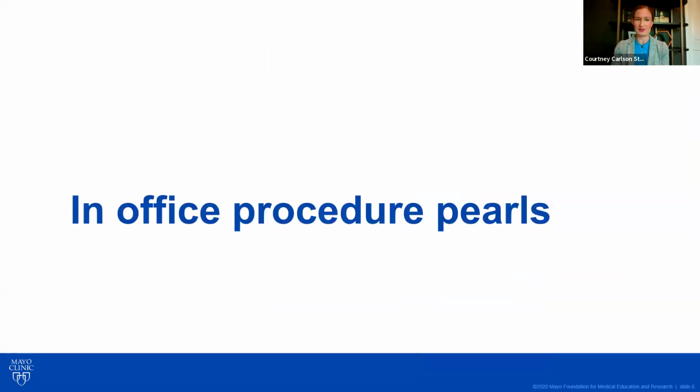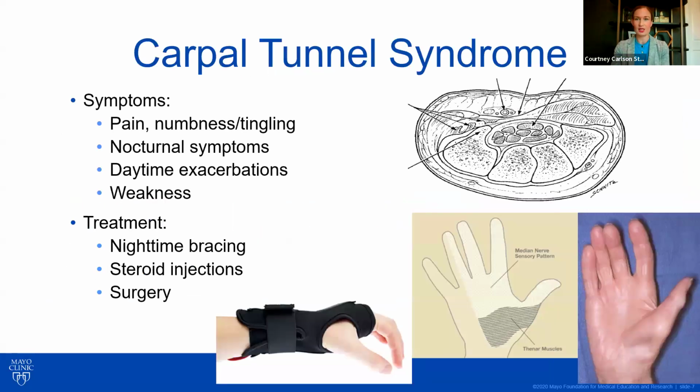So to go through some specific in-office procedural pearls, one of the most common things that we see in hand surgery practice is carpal tunnel syndrome. Just briefly as a reminder, carpal tunnel syndrome is pain, numbness, and tingling in the median nerve distribution that oftentimes will waken people up at night and can have daytime exacerbations in the moderate to mild syndrome type of